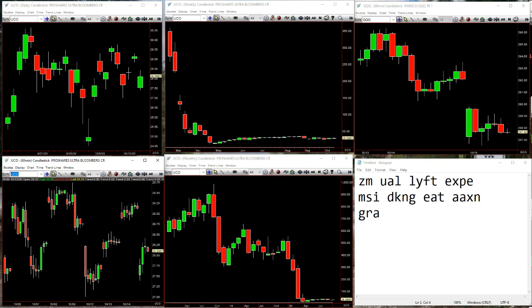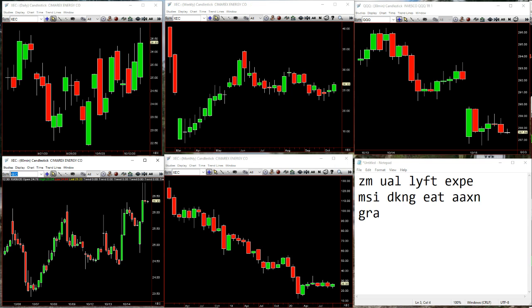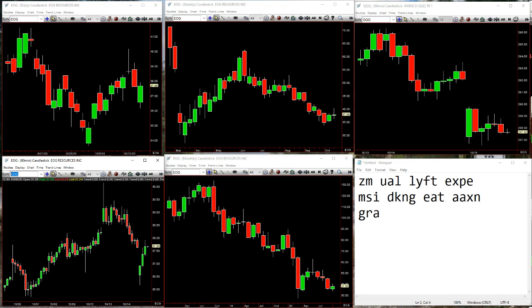And what that did was a lot of these energies had some opening reversals, and I know they don't go too far, but you have like PXD. You can see this gap down. That's a 2-2 reversal back up. XEC, I think so. Yep, right back in their face and all that kind of stuff. EOG. Real simple stuff, and that takes an hour to set up, and then boom, off you go, and you got your reversals going in there.